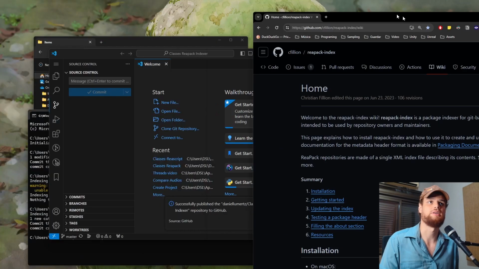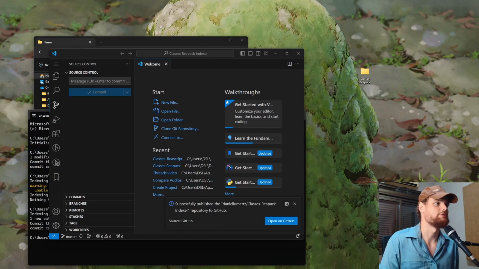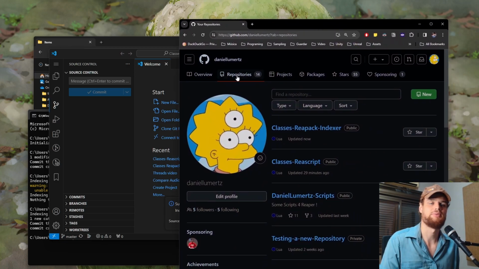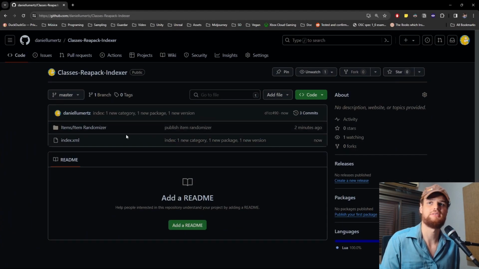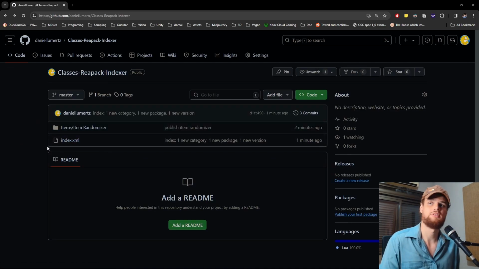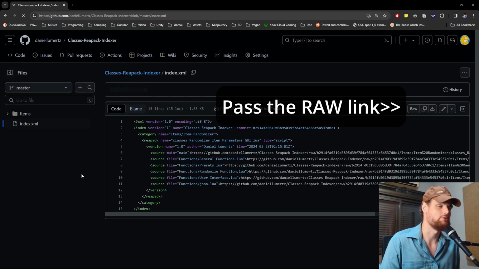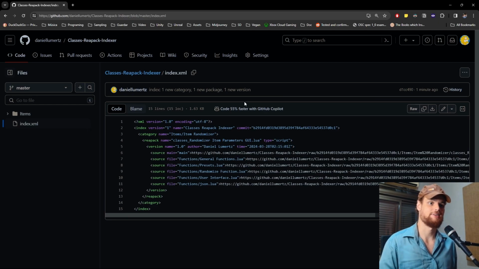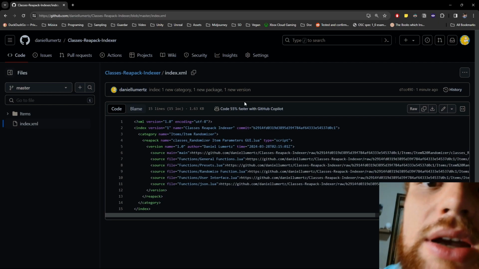And now if I go to my GitHub, let me open my profile on another screen. Going here to repositories, here you can see classes Reapack indexer. And you can see it was created with everything. And all you need to do now is pass the index.xml to all your friends and family and dog. And that's it. That is the end of the last video. And I will say